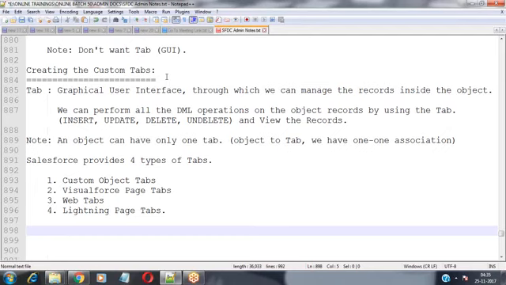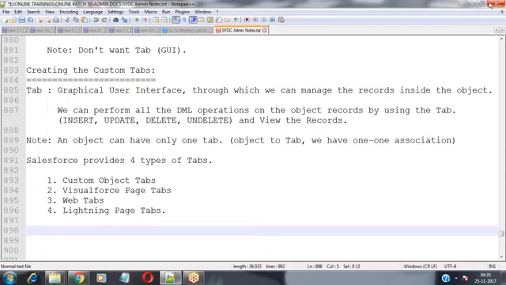Now, how to create the tab? Let's see practically. What is the difference between these custom object tabs, Visualforce page tabs, web tabs, and lightning page tabs?